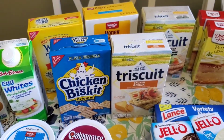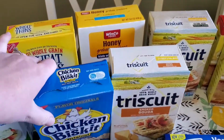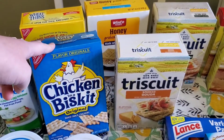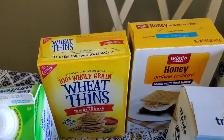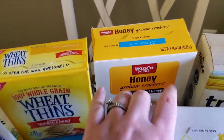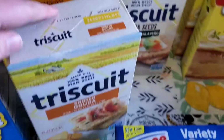I normally don't buy this many crackers, but like I said, the kids are kind of getting sick of the snacks that we have. So I got Barrett's favorite chicken and a biscuit. And then Oakley wanted to try these tomato and basil. I got some graham crackers. And then I picked up these